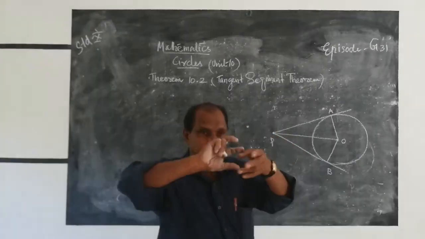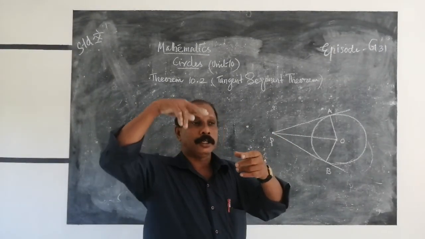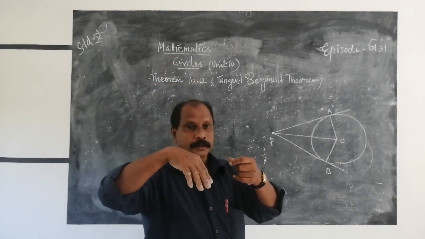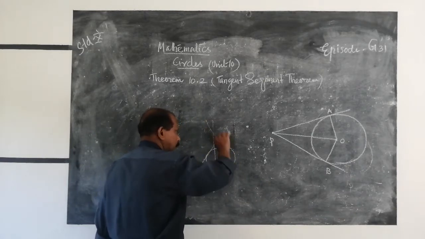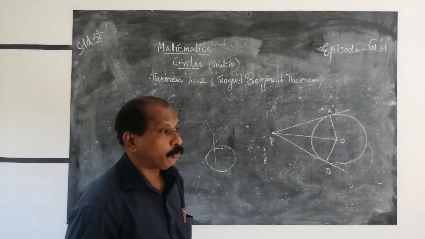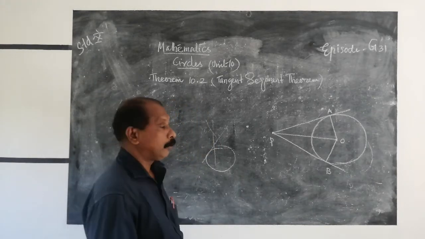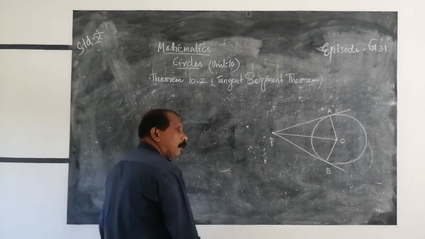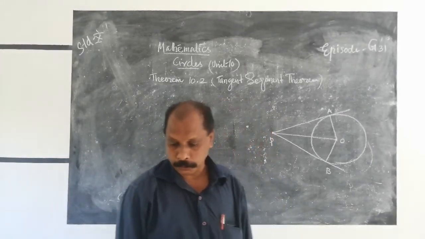But in a sphere, that is in three dimensions, there are several tangents from a point. That is because it is not a circle, it is a sphere. Therefore, for a sphere, infinite tangents can be drawn from one point. But for a circle, only two tangents can be drawn from a point to the circle.